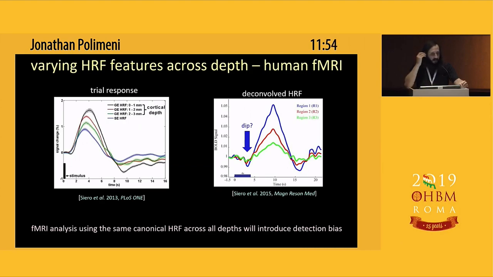Now, this has been seen in humans as well, varying HRF features across cortical depths. This is work from Jon Polimeni from the Utrecht group. Again, you can see very similar characteristics to what Anna showed in the mouse, including a pronounced post-stimulus undershoot and potentially an initial dip from signals measured near the surface, and these features are absent from voxels sampled from the parenchyma. So again, depending on which layer you're looking at, fMRI analysis using one single hemodynamic response function will